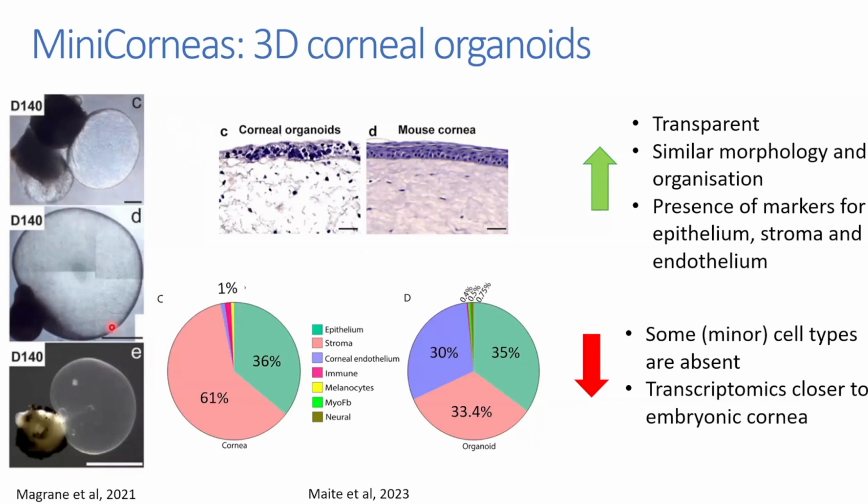And these graphs here, I don't want to bring too much attention, but this is just to show that on the left, you have the cells of the human cornea. So we see, for example, 61%, which is the pink area, are stroma cells, and the green 36% are epithelial cells. What we see in the organoids is that the percentages are still not exactly the same. But what's important, at least for our case, we try to look on the bright side, right? We have all those cells in this system, which is really something amazing, I have to say.